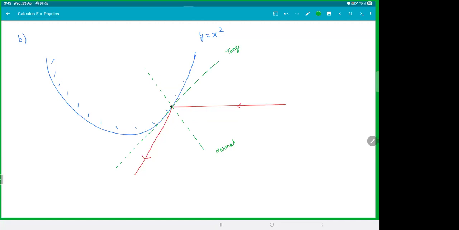The angle between tangent and normal is 90. So this angle was 60 and this angle was 60 because I is equal to R and the total angle was this. And this angle was 30. That means your tangent is making an angle of 30. Then you're done. So slope of the tangent